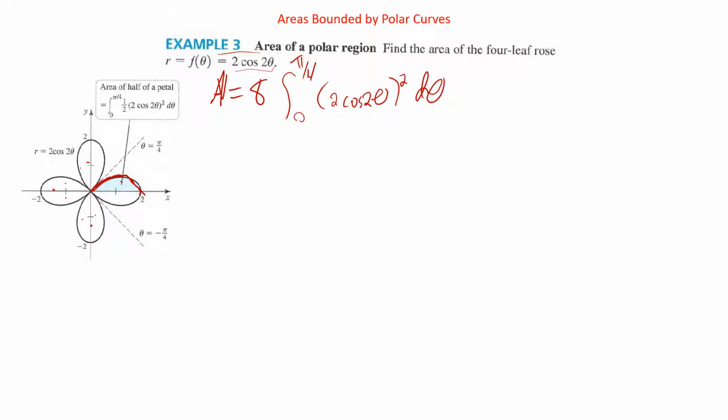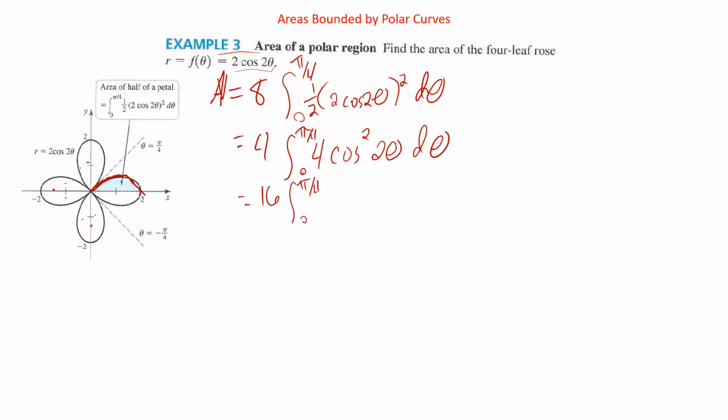And then we can factor out, I forgot the 1/2 that I was going to bring out to the front. So that's 4 times the antiderivative from 0 to pi over 4 of, well, we have a 4 inside because 2 squared, then cosine squared of 2 theta d theta. So the 4 can actually get to the outside as well to give us 16 times 0 to pi over 4